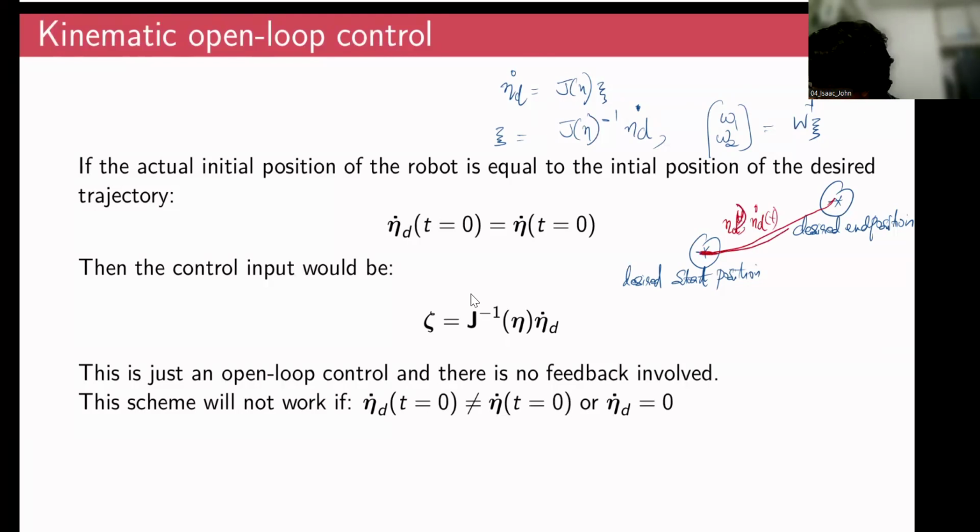Right? So this is how the trajectory would look, maybe an upward curve. But if your actual position is not coinciding with the desired start position, so if this is your actual start position, right? As you can see, the desired start position and the actual start position are not coinciding. So if they are not coinciding, if you are using this open loop control law,